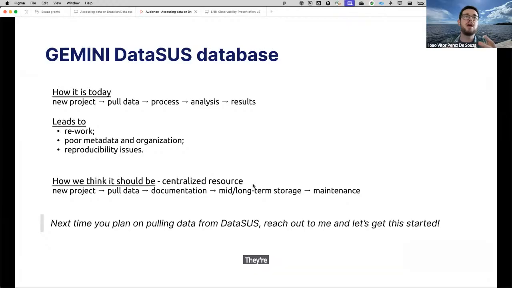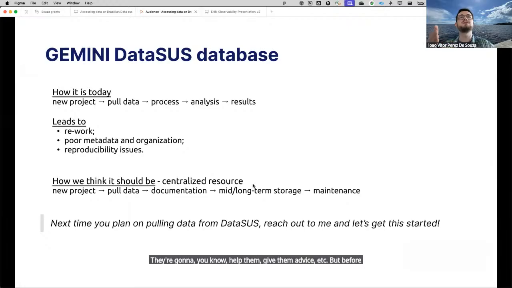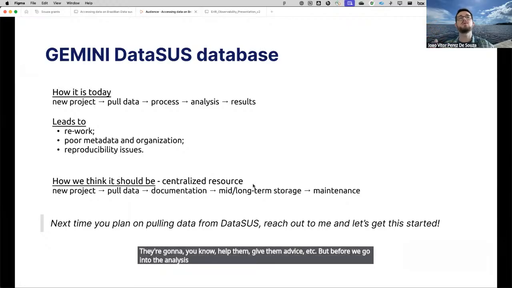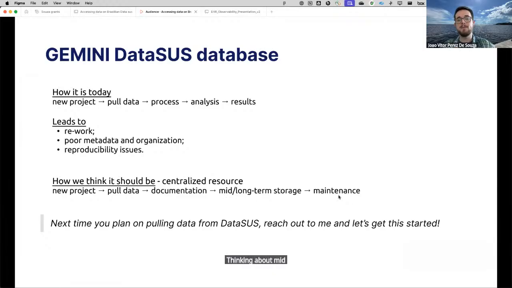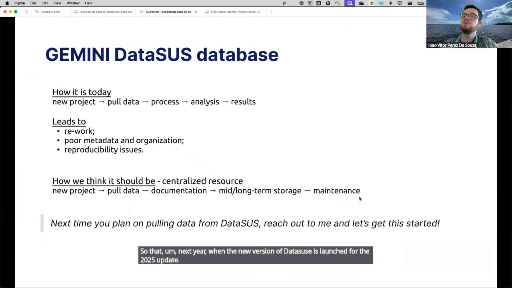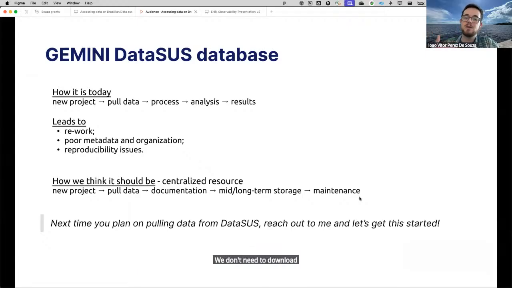They are going to help them, give them advice, etc. But before we go into the analysis, processing, and results, we're going to do a step on documentation, thinking about mid and long-term storage and maintenance. So that next year, when the new version of DataSUS is launched for the 2025 update, we don't need to download everything again. We just download 2025 and it's good. It is up and running. We can then proceed and work through the data.